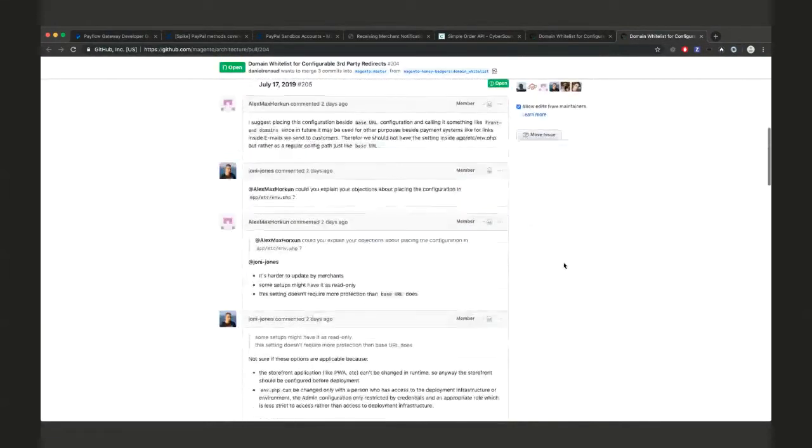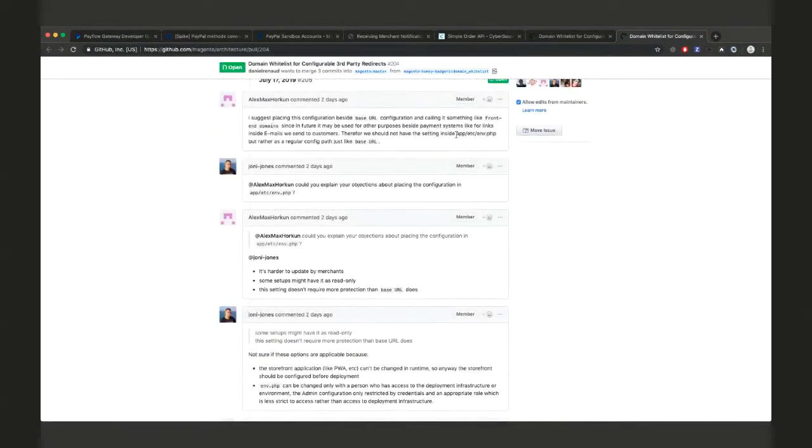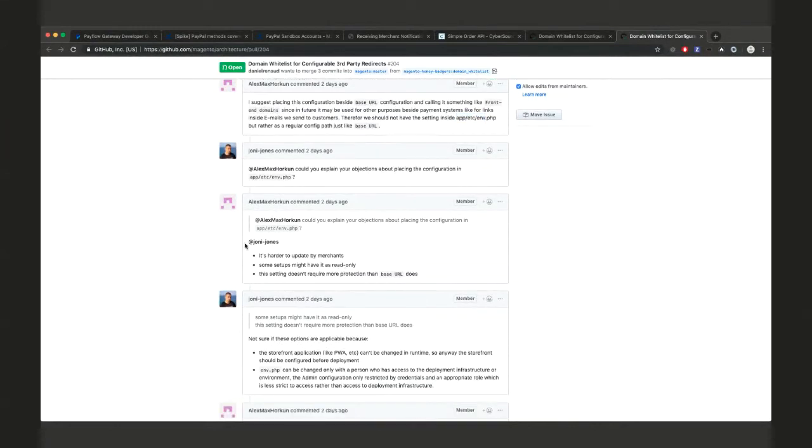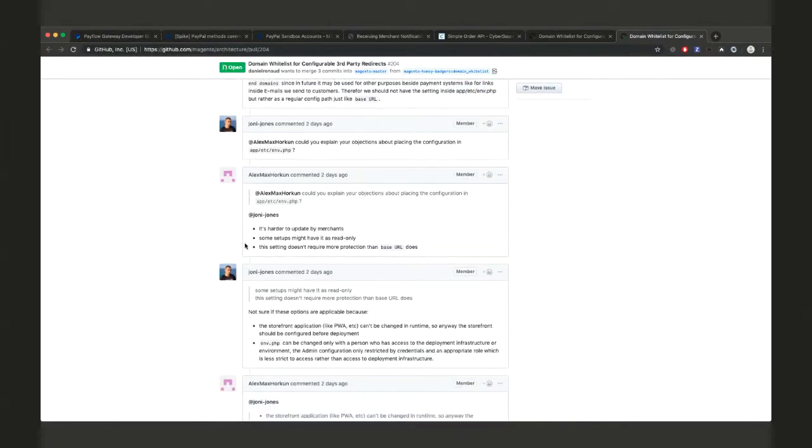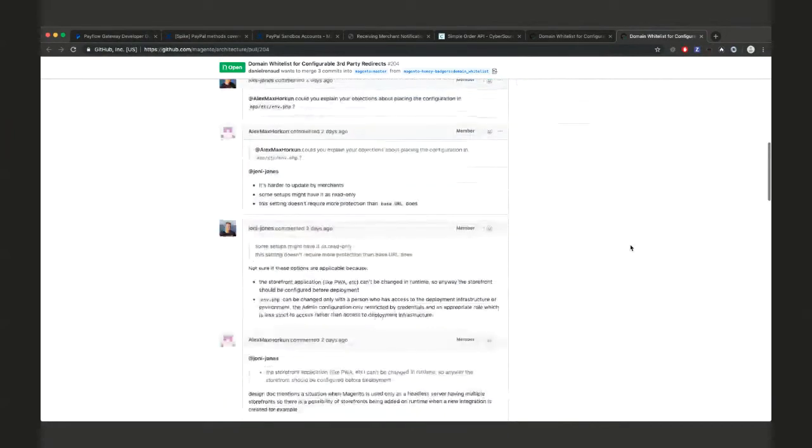So there's been discussion about where exactly the configuration should live. Originally, we suggested env.php, thinking it's a more secure area since it's only editable if you can edit the file or run a CLI command. Alex suggested it just being in the regular store configuration. So I think that could still be up for discussion.